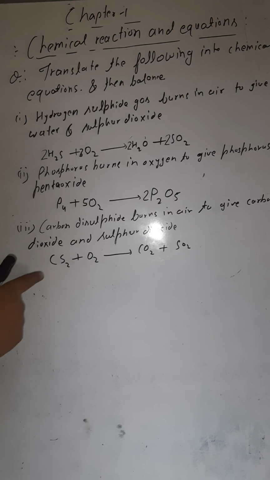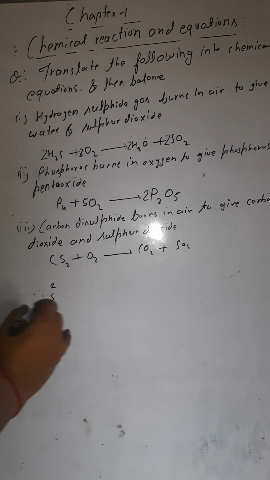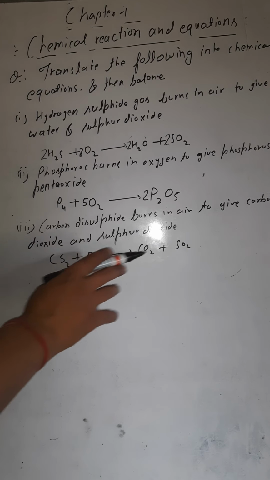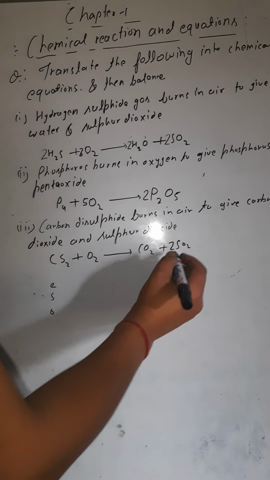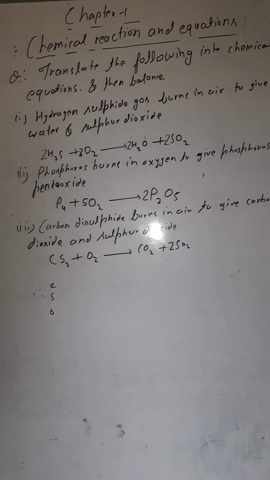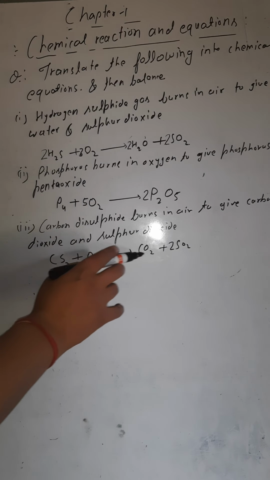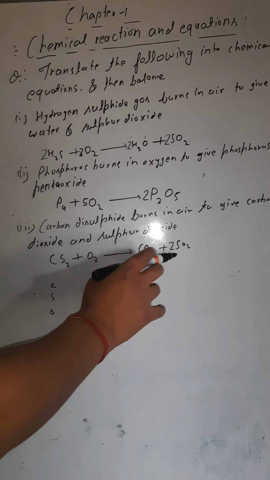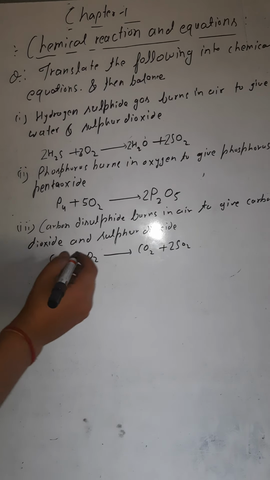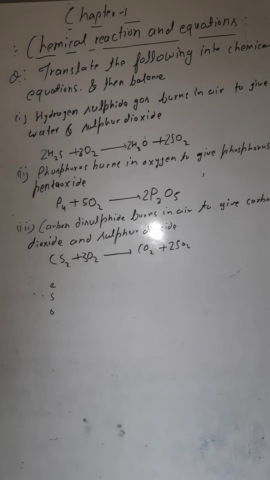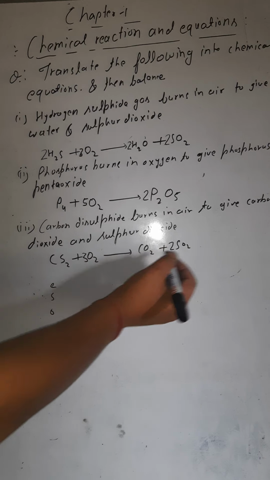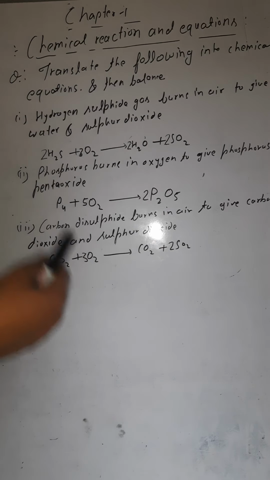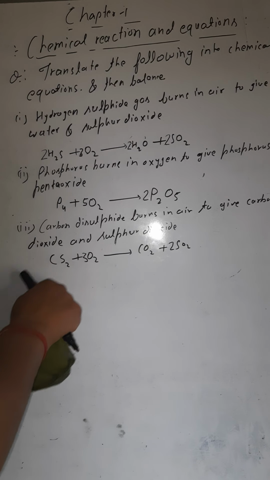Now we will balance it. First we will balance carbon, then sulfur, then oxygen. Carbon, look here, one carbon there also. Sulfur, 2 here, only 1 there. So here also you will multiply by 2 for sulfur. Now look at oxygen. 2 oxygen here. Here how many? 2 twos are 4 plus 2, 6 oxygen. So here also we will multiply by coefficient 3. So now look here, 6 oxygen there also. Carbon 1, sulfur 2, sulfur 2. Balanced now. Now we will move to the next.